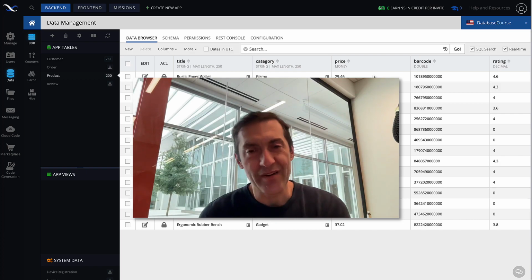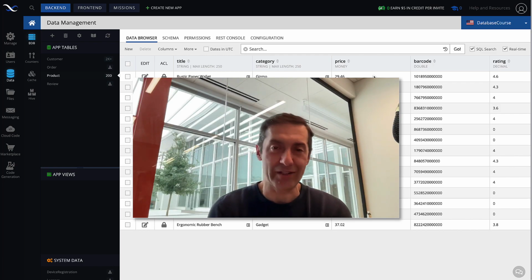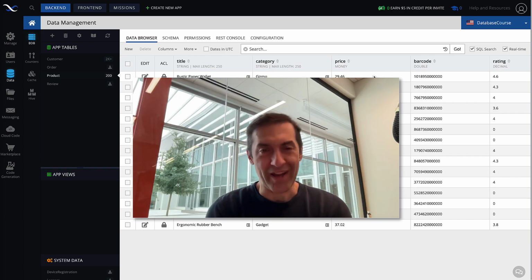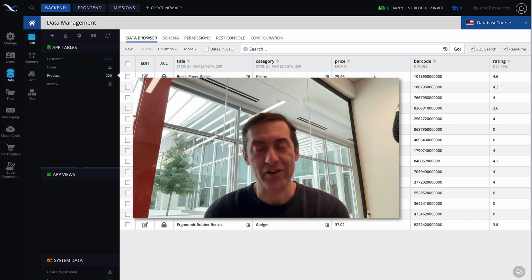And the history for that term comes from actually SQL, because if you take a look at the structure of an SQL query, it has a part that is called where. And then what follows where is a condition that the database uses to identify all of the records that meet that condition. And those are the records that are being returned. So since the structure of that condition in Backendless follows pretty much the same rules as the where clause in SQL, we also call it where clause.